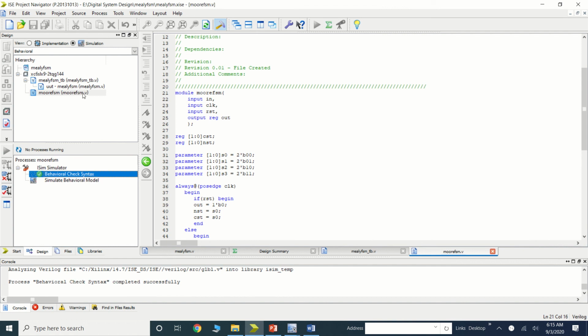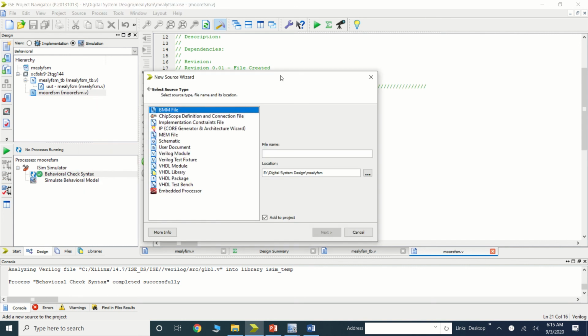Okay, now it is successfully done, as we only made a mistake in that semicolon. Okay, now let's design the test bench.